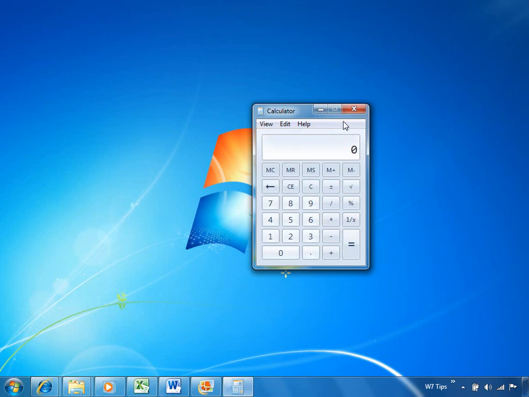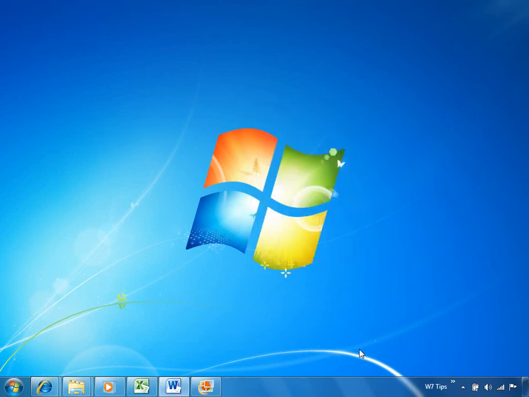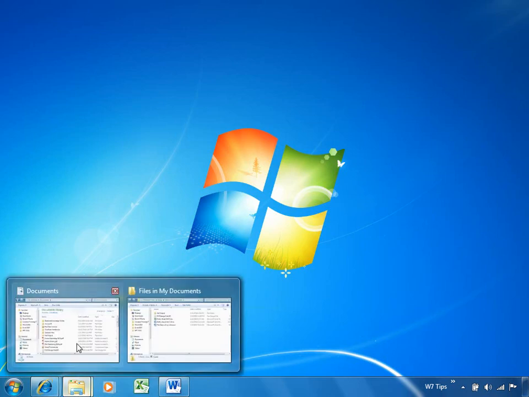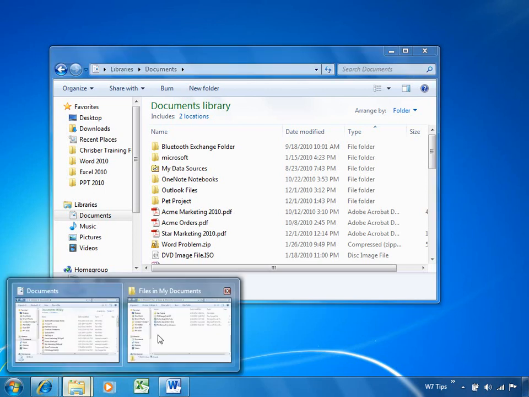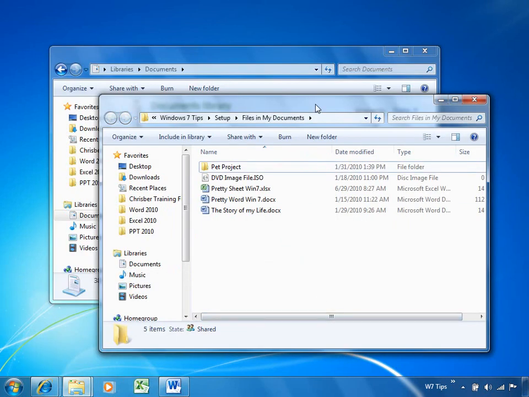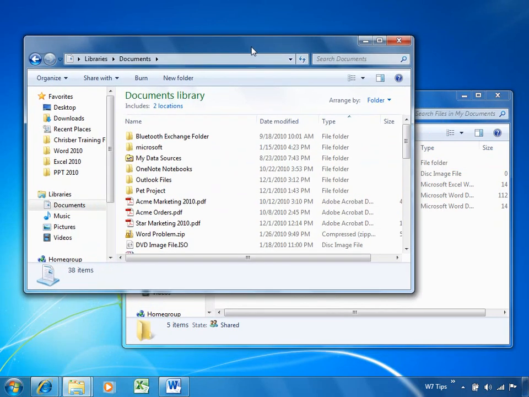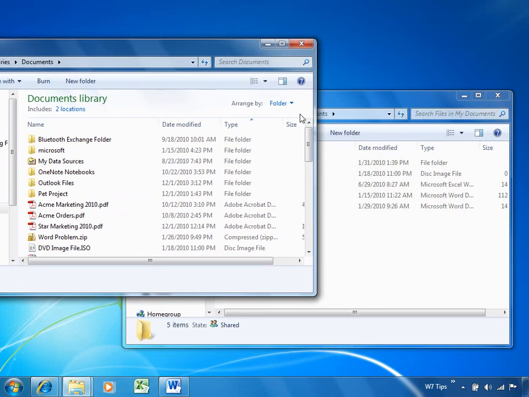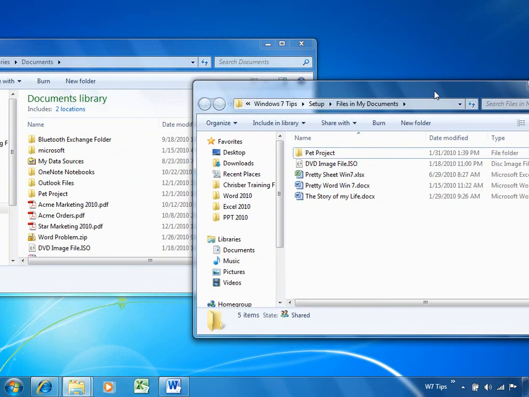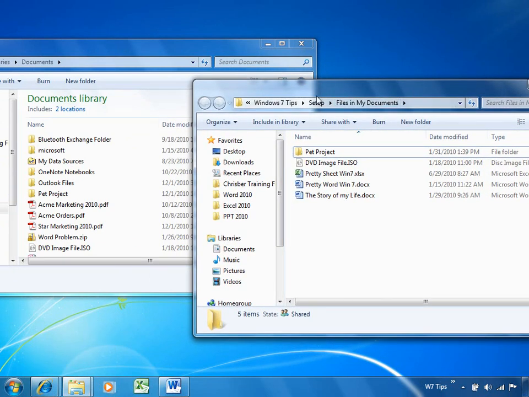So the calculator even gets better in this version of Windows. Now the next thing I want to do is open up a window here with some documents and a window there with some documents, and I'd like to copy some files from one to the other. You've probably done this in the past where you try to arrange one over here on the left and one over here on the right, and it takes a bit of time and fuss to get them just so